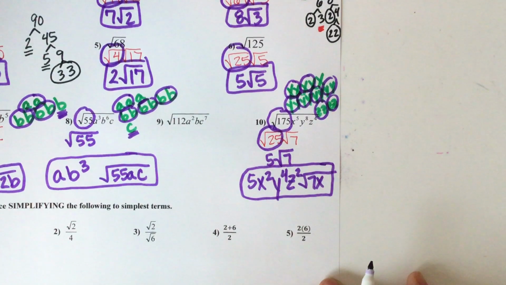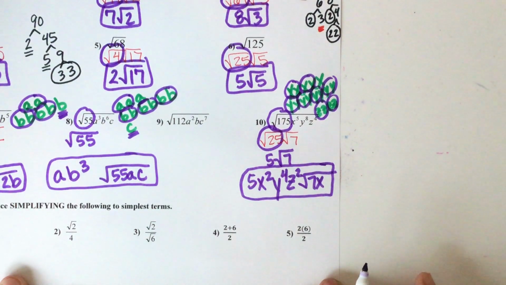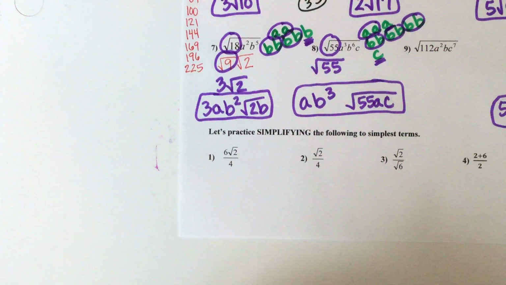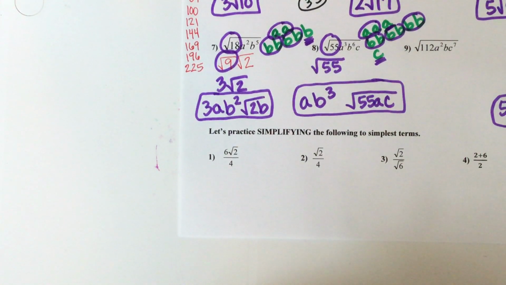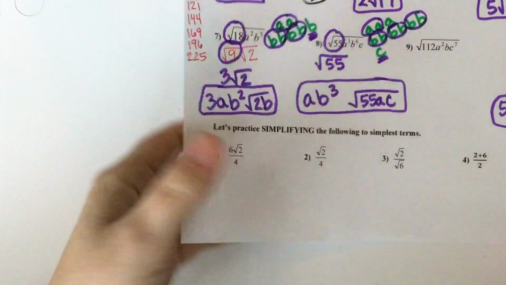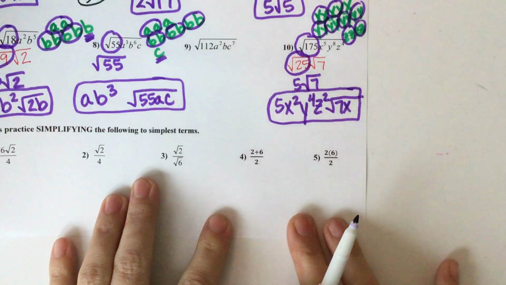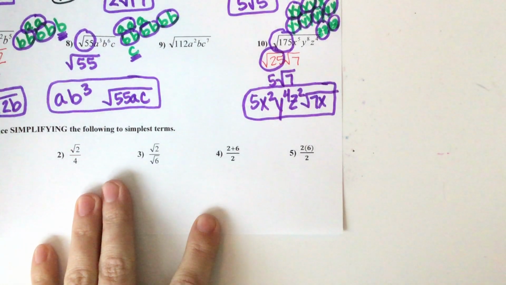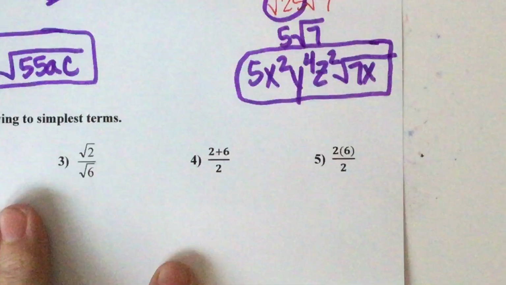Okay, so that was us working on simplifying radicals. Now we're going to just practice some simplifying skills that we need to know for when we do bigger problems. Okay, so we need to know a few rules here. So I'm actually going to start with number 4. So one thing I see from students sometimes is